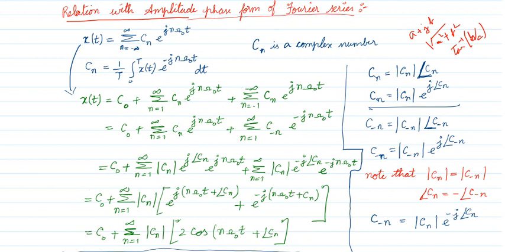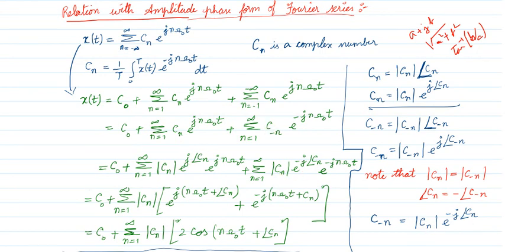So in place of C of minus n, I can replace the magnitude with the magnitude of C of n, and the angle of C of minus n is equal to minus angle of C of n. I can replace this with this, and the minus I am bringing to the left side. So minus j angle C of n, right? So C of n I am putting as magnitude and phase angle. C of minus n is a complex number. I am changing this with this term. I am putting this term here.